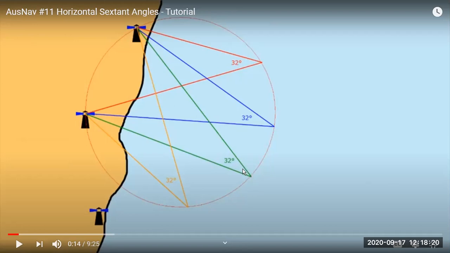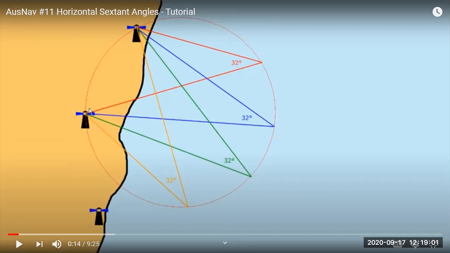If we have the angle between the lighthouses, we can use the same method of horizontal sextant angle. Now, why do we use the horizontal sextant angle? Because if we have lighthouses which are very low in height, unlike the vertical sextant angle where we were measuring the angle between the heights, measuring the height angle will be a little bit difficult. So we take the horizontal sextant angle. Suppose here we have this example of a horizontal sextant angle of 32 degrees. You can see with 32 degrees, the vessel can be anywhere on this circle.